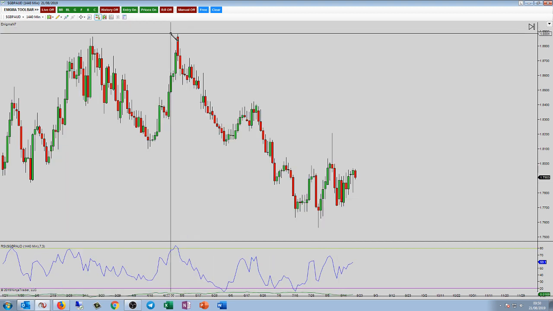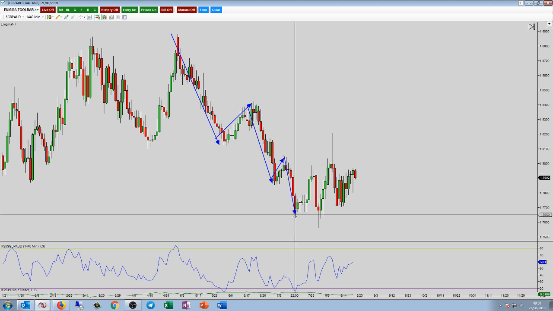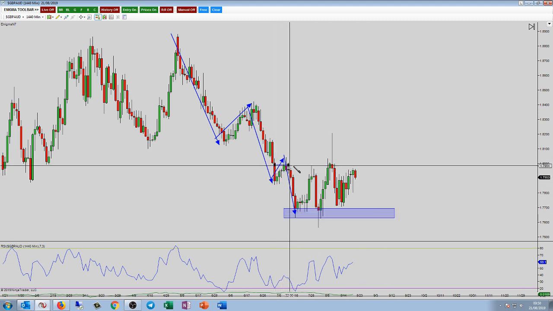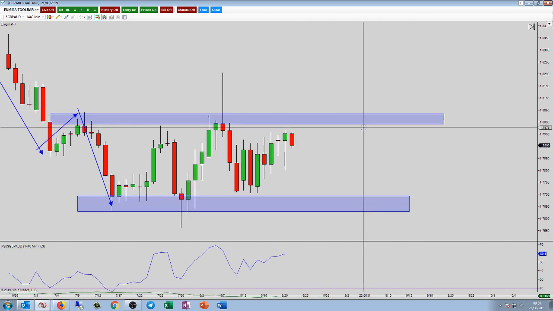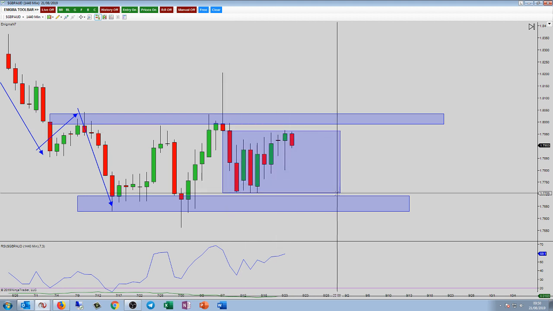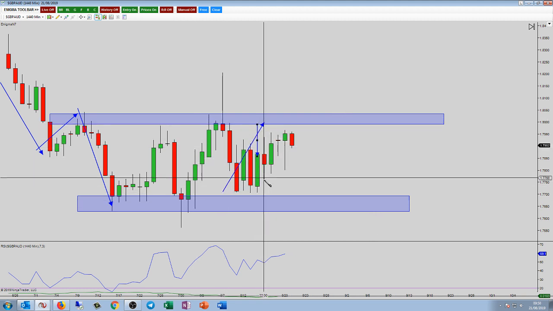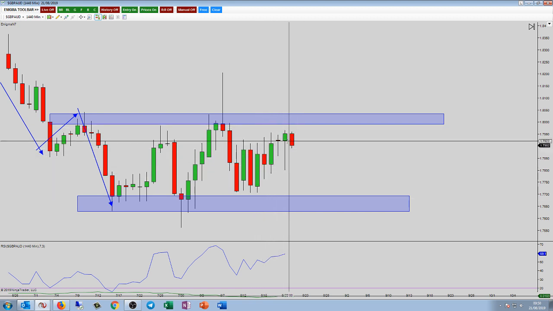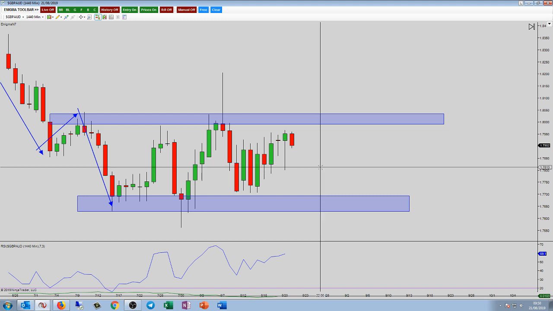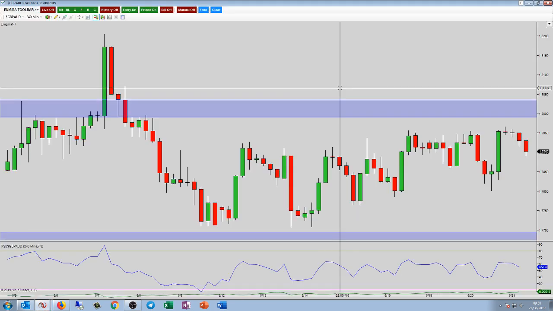On the dailies, move lower, pull back, move lower, pull back, move lower. Since then, sideways movement. We are just moving sideways, and look at this, just horrible, just junk. We saw spikes this way, that way, mainly because of news and still uncertainty here. It's the pound Aussie, so the pound, Brexit, uncertainty.